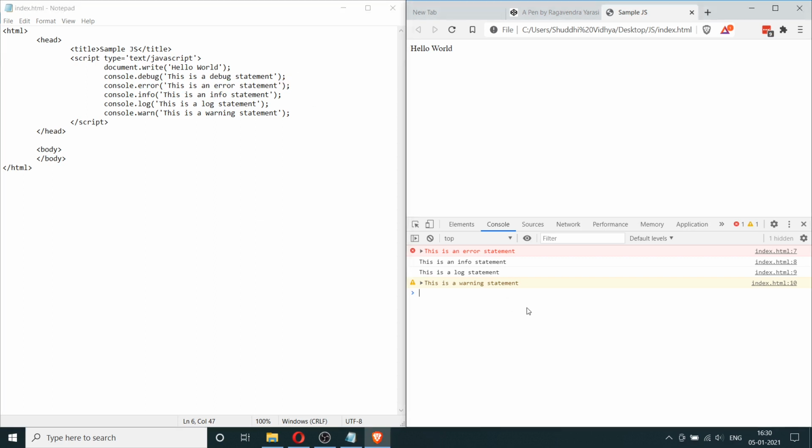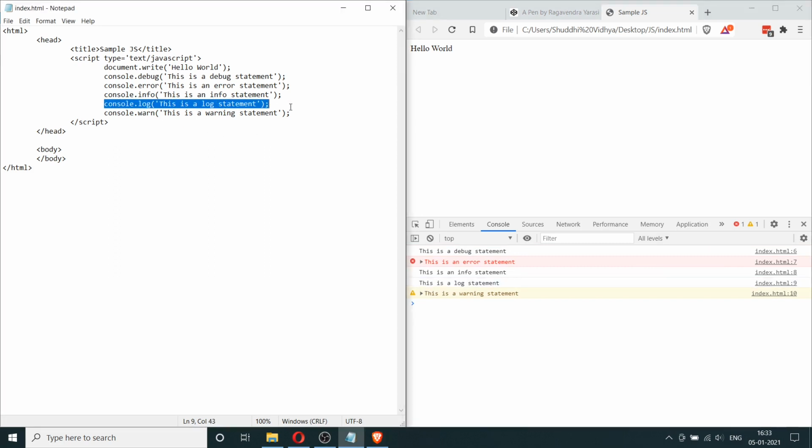So the debug statement is actually present here, but it's not shown by default. If you look here, you can see that there's one hidden, and you have to configure your browser settings to show those statements. So here if you go and click on verbose, now you can see the debug statement. Anyway, all of these statements are not necessary. Usually when you're developing, you only use the console.log statement because that is all you need. Fundamentally, all of these statements are the same, except that error and warning and sometimes info also have a separate kind of highlighting, but functionally they're all mostly the same. And for now, if you learn how to use console.log, that is enough.